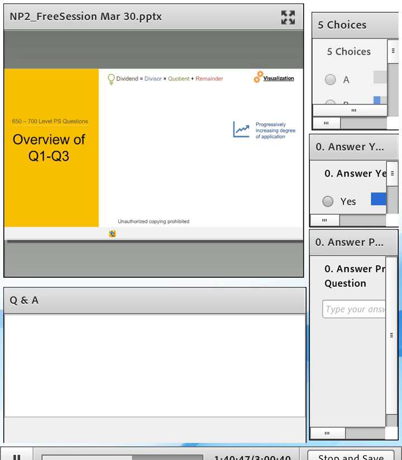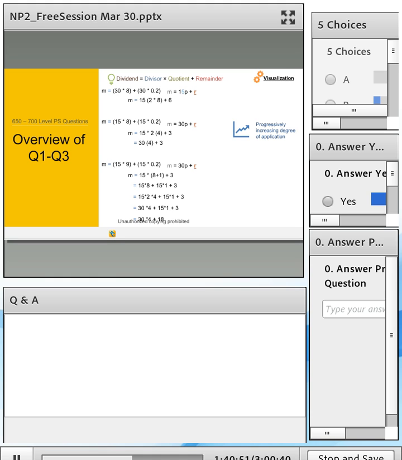So again, over here, in this case, what we have seen is how you process information in progressively increasing difficulty levels. The first question was very straightforward. All you had to do was group the terms. The second question required a bit more processing. The third question required slightly more processing than the previous question. So you have the slide with you. After the session, take a look at the slide, sit down with it for half an hour, and believe me, if you sit down with it for half an hour, you will be able to get it.